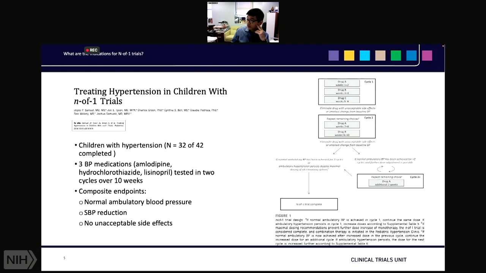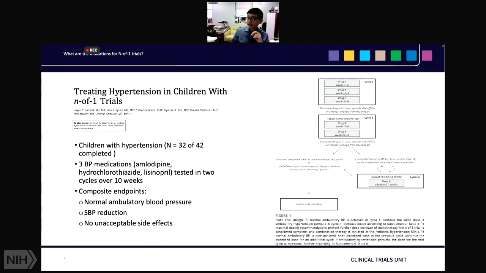in the first cycle, 3 drugs will be tested. These are the 3 pre-specified drugs: amlodipine, hydrochlorothiazide, and lisinopril. Each drug is to be tested over a 2-week period. At the end of the first cycle, only 2 drugs will continue to be tested in cycle 2. And then at the end of the study, the participant will be asked to select a